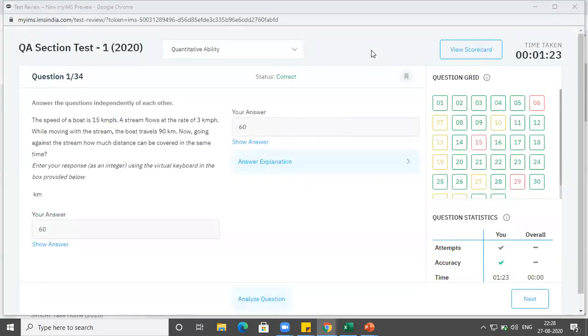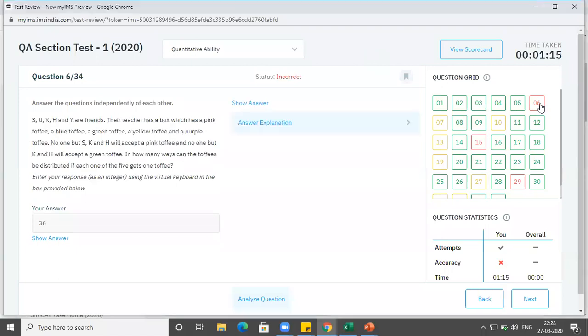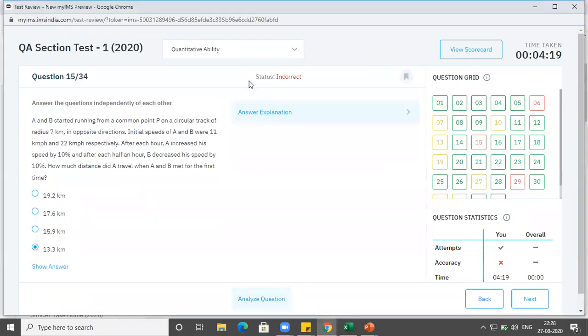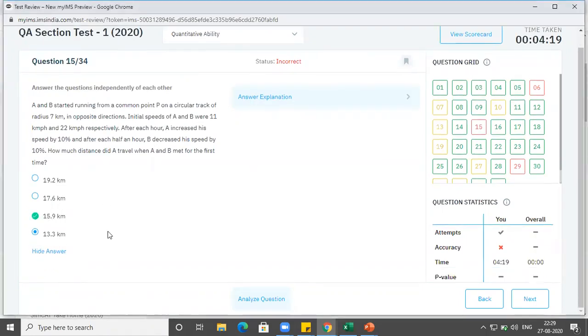Let's see which ones went wrong. Check this out, guys, question number 6, the one with 5 friends and toffees. Okay, this went wrong. What is the answer? 24. Okay, anyways, we'll check this out later. Then, A and B start running from a common point on a circular track. I had marked it and was sure the answer is 15.9. Let's see. Yeah, 15.9. My assumption went wrong here,